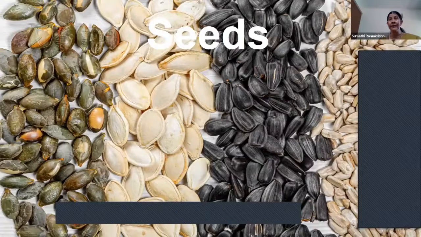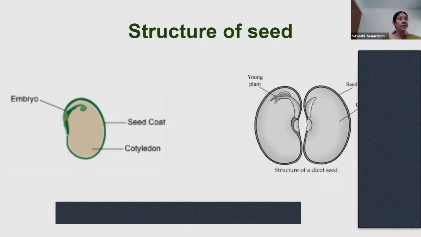Then you can tell them that an outer skin-like covering could have swollen up. That is called the seed coat. This one, this is the seed coat. The main function of the seed coat is to protect the seed. So if you remove this, you will see the